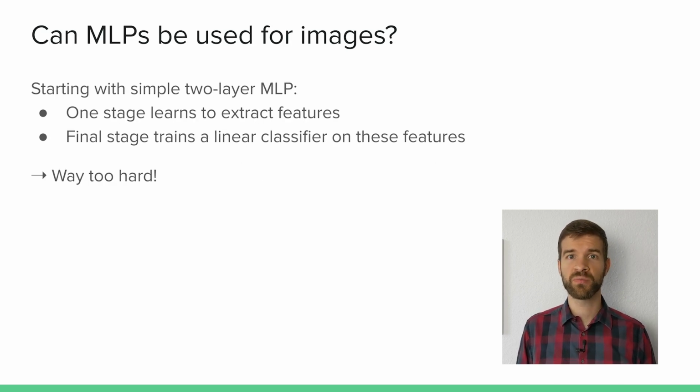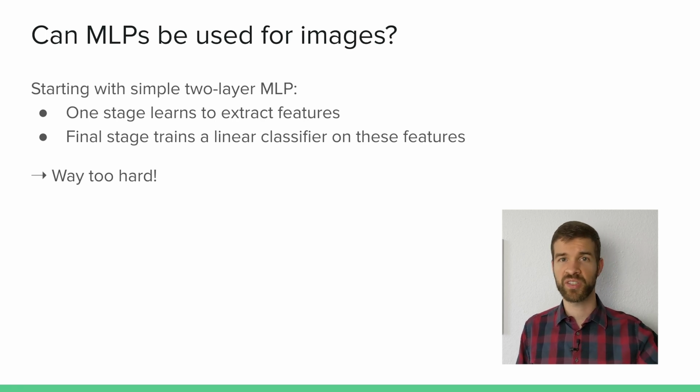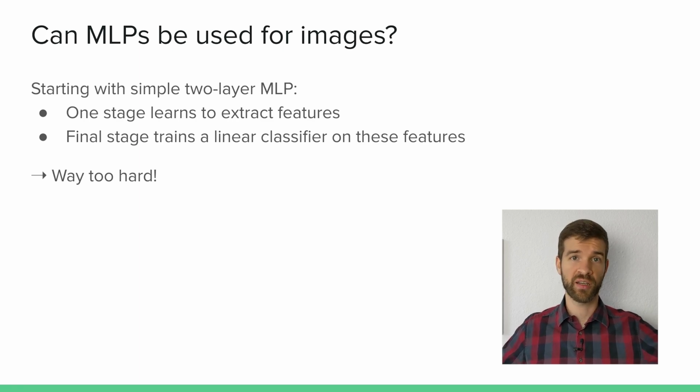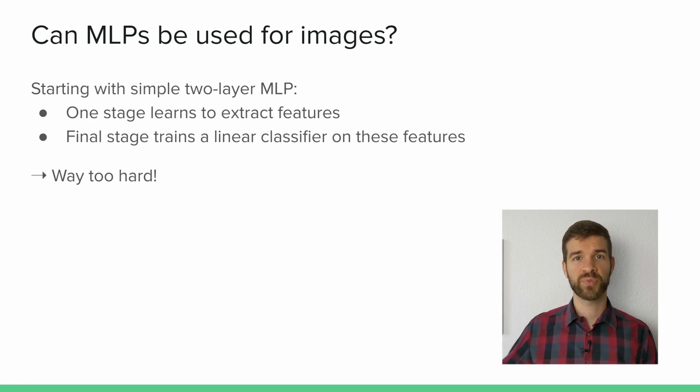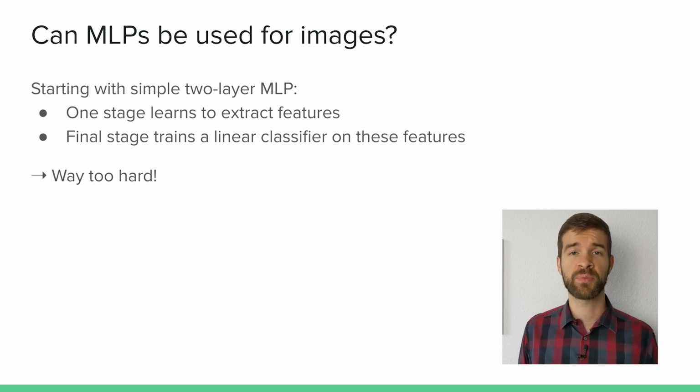So can we use multi-layer perceptrons for images? Just take a network which takes as an input an image. We flatten that image somehow by just taking one row at a time to get one large array of inputs. Those are our input neurons, and then have a bunch of hidden layers in the middle, and then produce some output. So if we think about a simple 2-layer multi-layer perceptron,